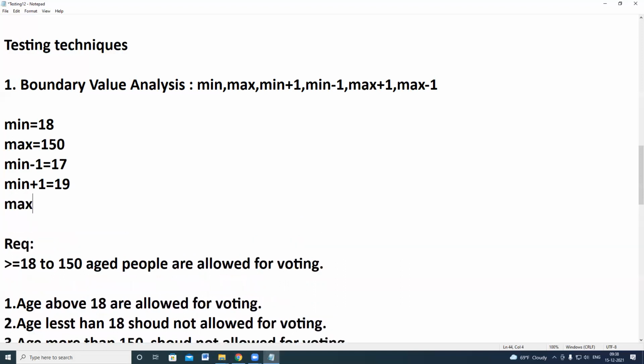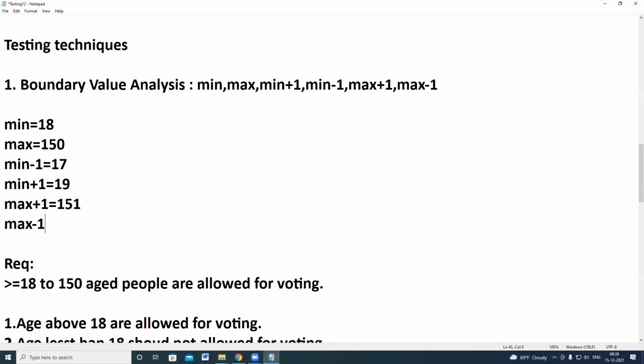Max plus 1 means 151. Max minus 1 means 149. So if you test these 6 combinations, it will give you confidence.